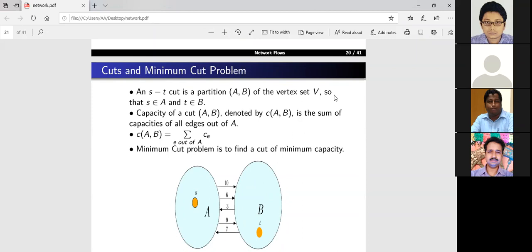There is an edge of 10 from A to B, 6 from A to B, and 9 from A to B. The 3 and 7, which are from B to A, we simply ignore them. The capacity